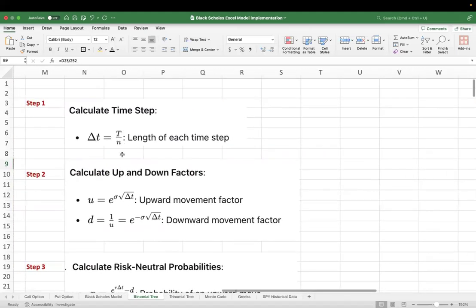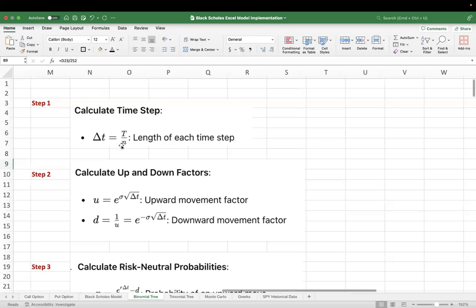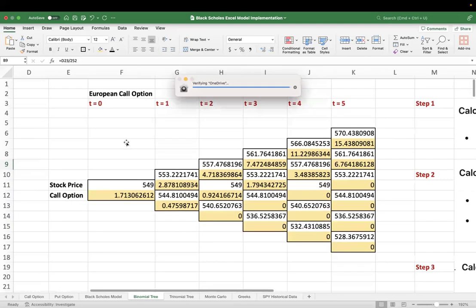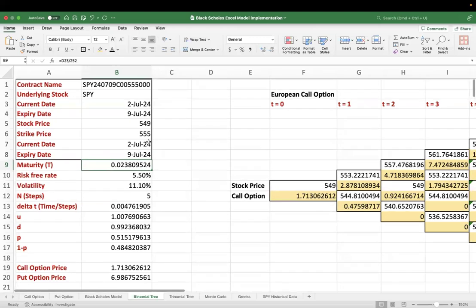Delta t is what? T by n. Okay, where T is what? Time to maturity, and n is what? The number of time steps. Okay, so if you all see